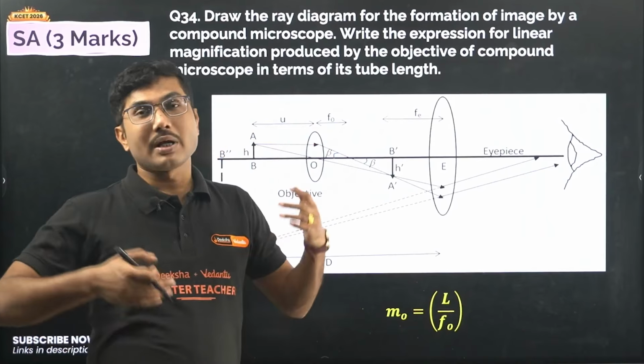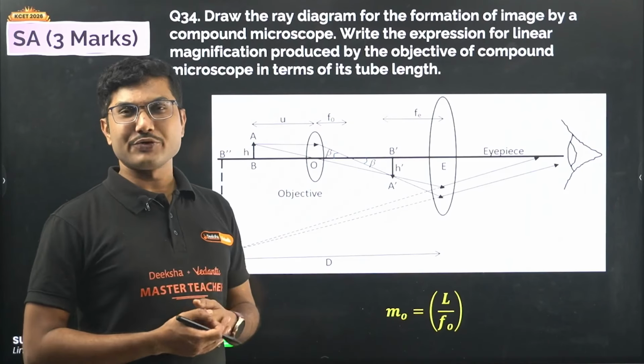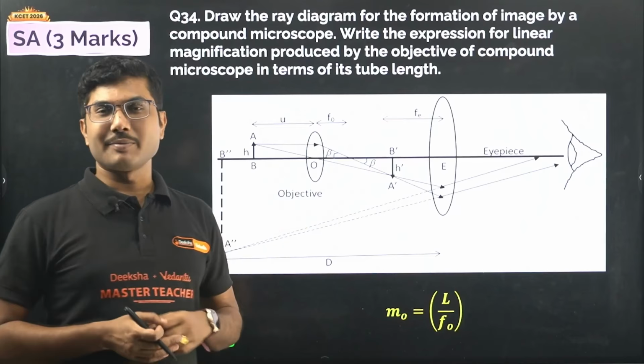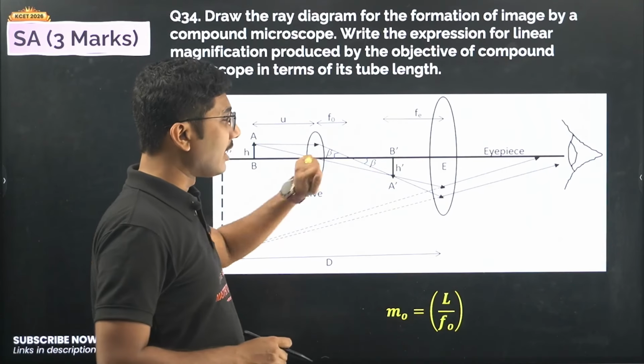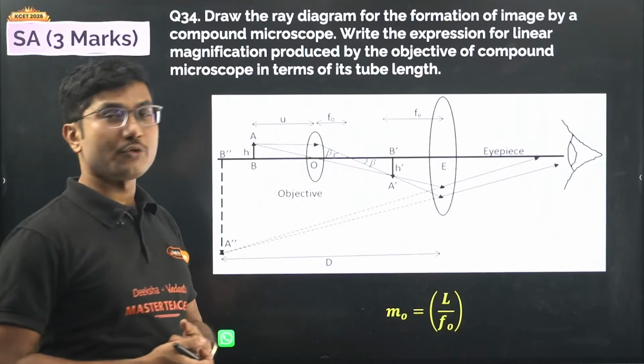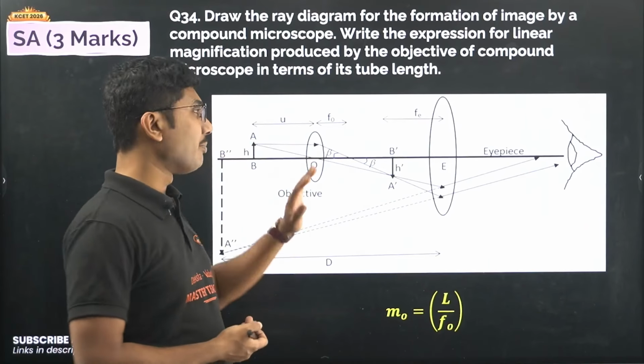Suppose the question paper difficulty level was very high and there was one ray diagram question that you know, then invest some time and draw the ray diagram neatly and clearly. Okay, do not draw and override it. Compound microscope is definitely not an easy diagram. A simple ray diagram is still okay, but for the compound microscope,